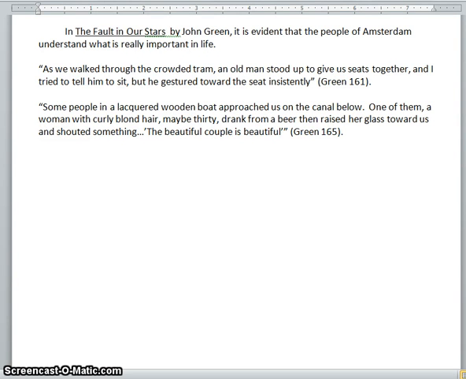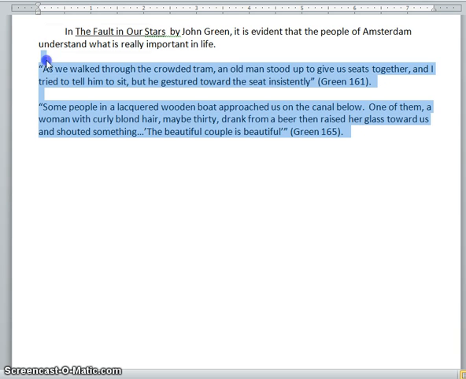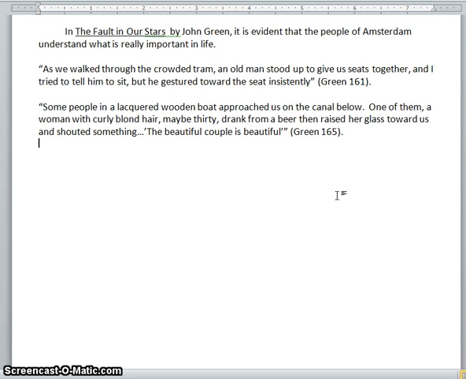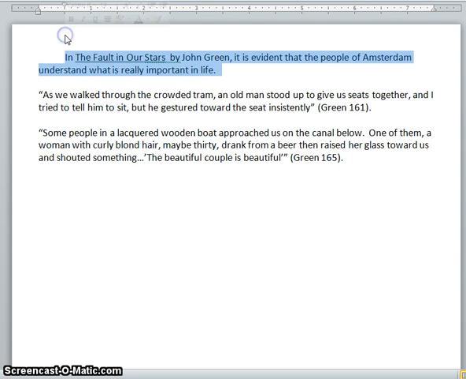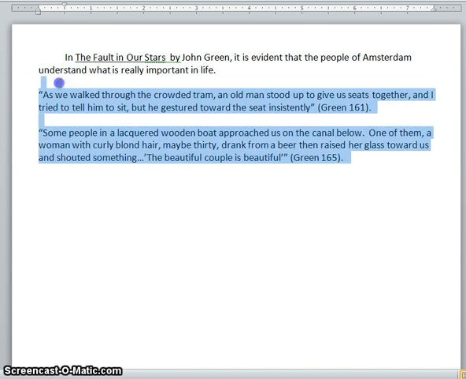I want to model for you the basic steps of writing a literary analysis paragraph, in hopes that if you're at home or you need a reminder, this can help you if you find yourself getting stuck. What you'll see on my screen is my topic sentence and my two pieces of evidence, because remember, I don't think you can create a claim unless you have already chosen your two pieces of evidence. I'm always a firm believer of going to the evidence and seeing what the evidence is pointing to